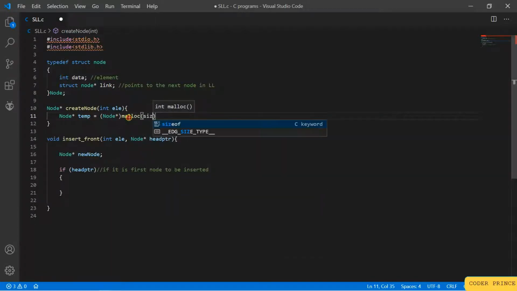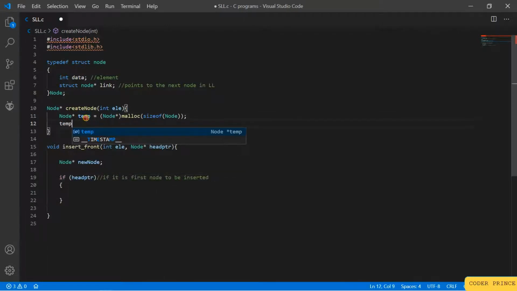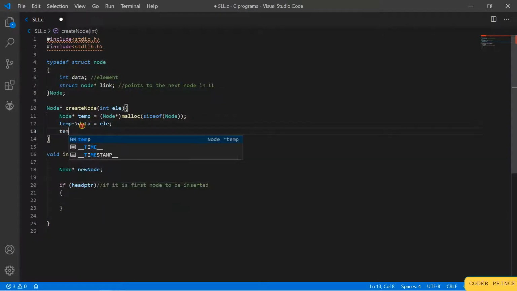The sizeof operator will calculate the size of this node, and it will assign the required memory to this temporary variable, and this can now access the data part and the link part that is defined in this node structure. So data will be element, and the initial link we will set to null.